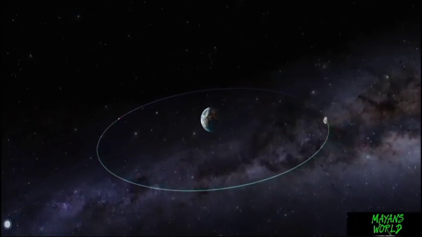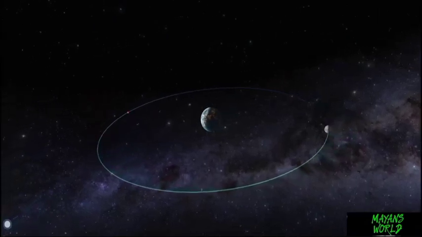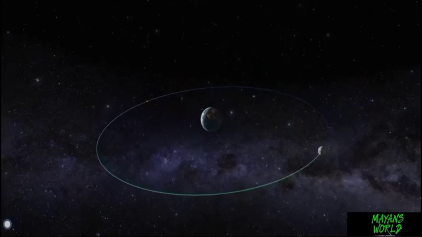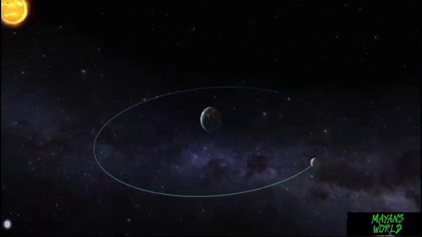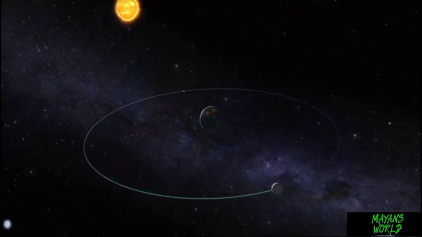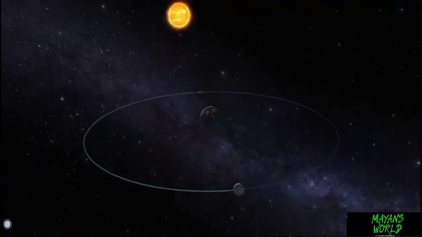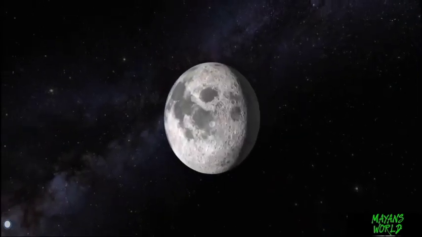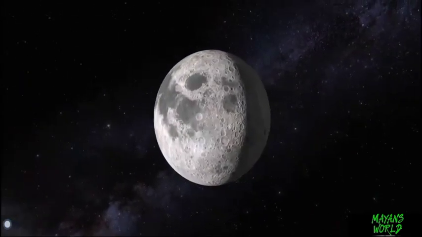400 million years ago, 1 year lasted about 400 days, and the length of one day was only 21.8 hours. The high tides caused by the Moon's gravity have an effect on the Moon as well. As a result, the Moon is slowly moving away from the Earth. Its orbit is expanding by 4 centimeters every year.